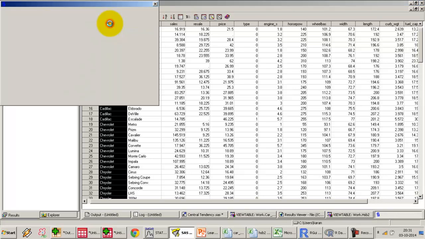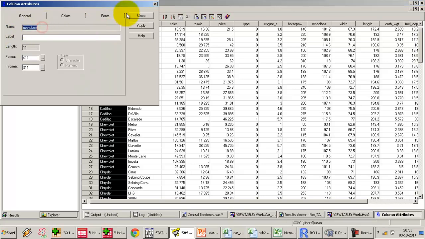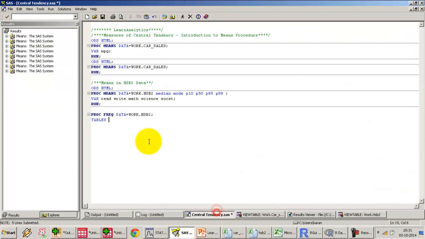I'm going to select manufacturer. Yeah, my bad, the data set is car underscore scales and not hsb2. I'll update that here and run, and let's see what we get,